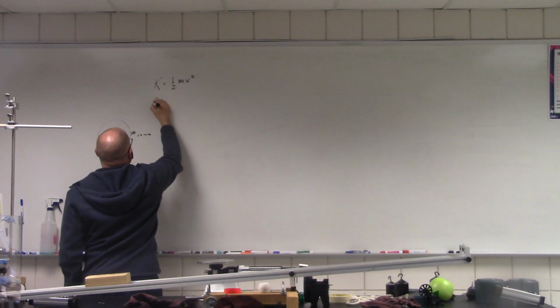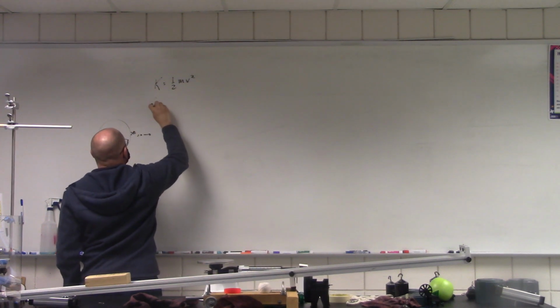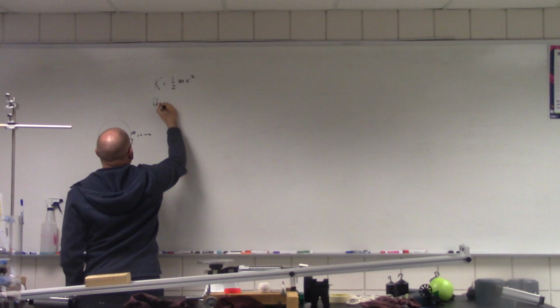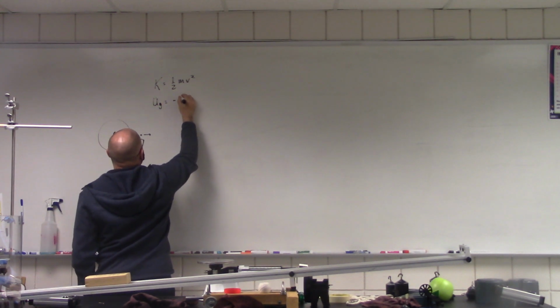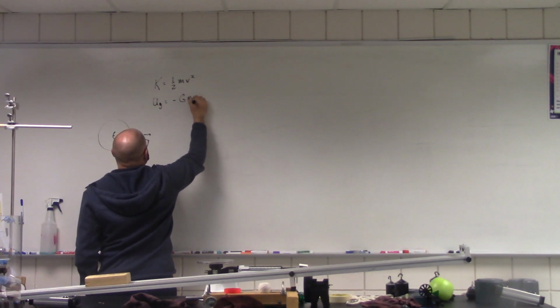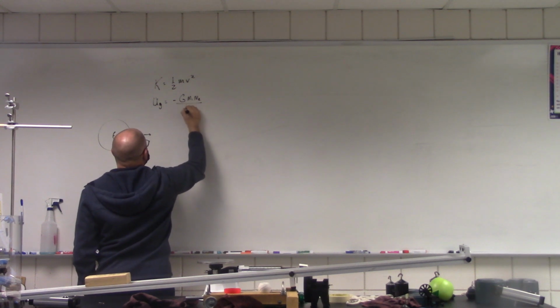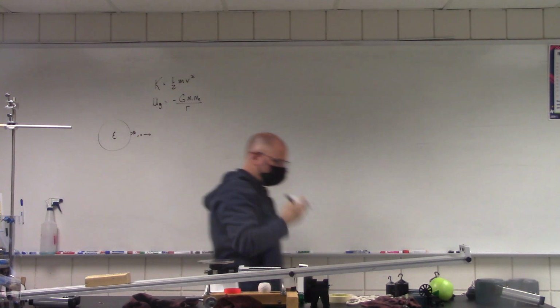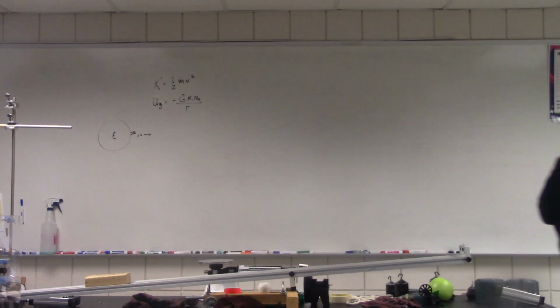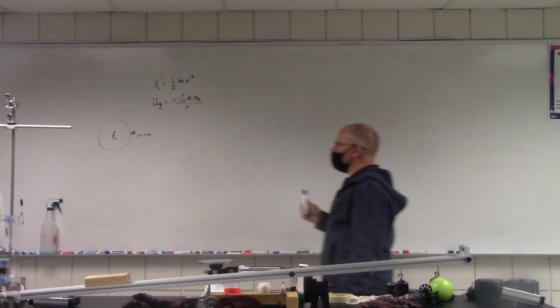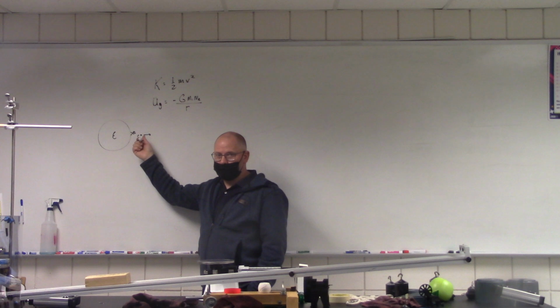kinetic energy is the same, but the gravitational potential energy is this weird thing. So where r is the center-to-center distance, we've seen that before, okay? G is the universal gravitational constant, m1 is the mass of the planet or whatever body you're near, and then mass 2 is the mass of your object, right? We've seen this before. And what we're saying is, if I want to throw this so that it never comes